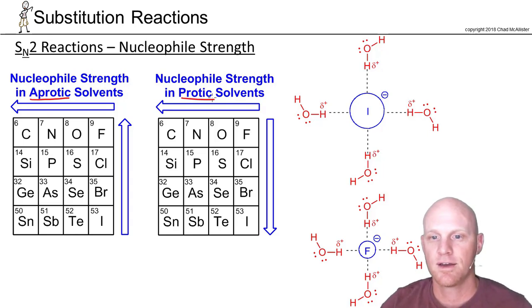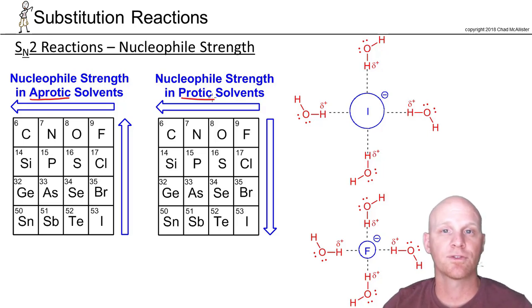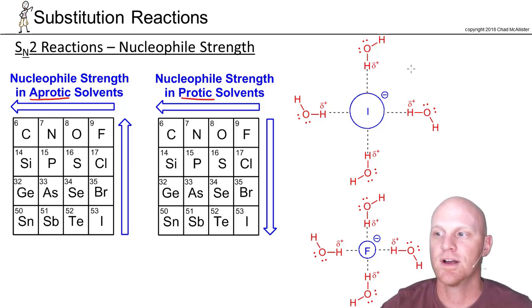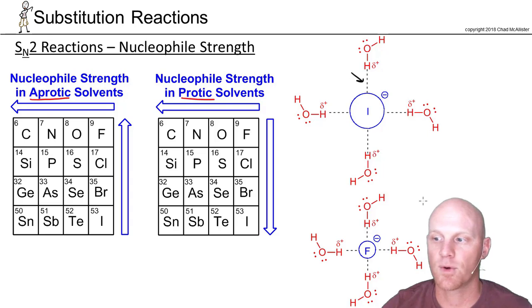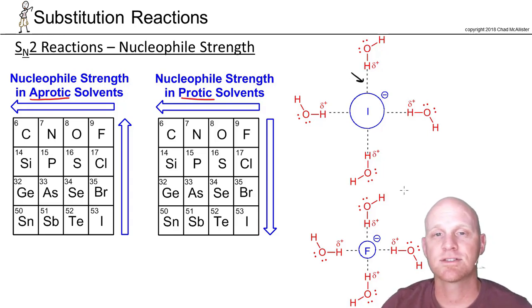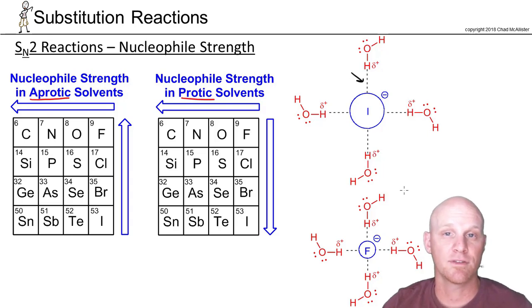structure. And so it turns out protic solvents solvate ions very well, like when you dissolve salt in water or something like that. And I've got that kind of diagrammed off to the right here. So we see all these lovely ion dipole interactions between the hydrogens of the water molecules and, say, an iodide ion as compared to a fluoride ion, and so on and so forth. Because of these ion dipole interactions, that actually makes the nucleophiles more stable and therefore less